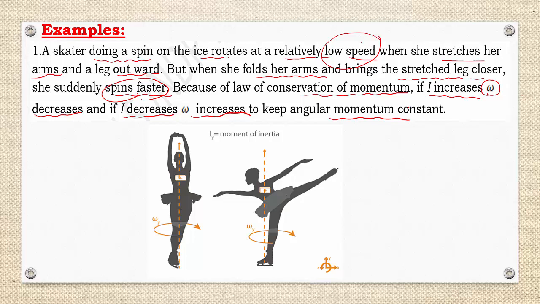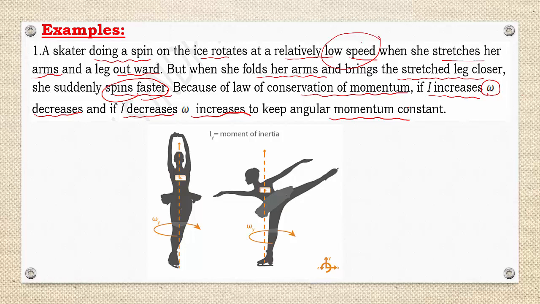Automatically, angular momentum remains constant. And remember, when a skater is skating on the ice, for low speed she or he should stretch the legs and arms. So velocity decreases, moment of inertia increases. If she folds her complete body, her arms and legs, very close, then moment of inertia decreases and angular